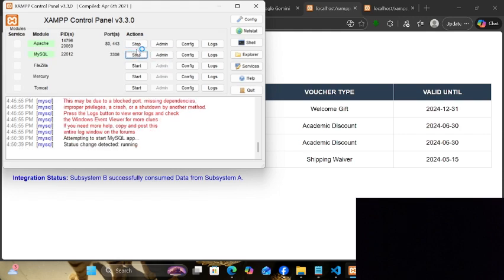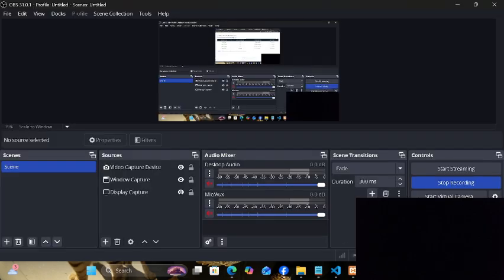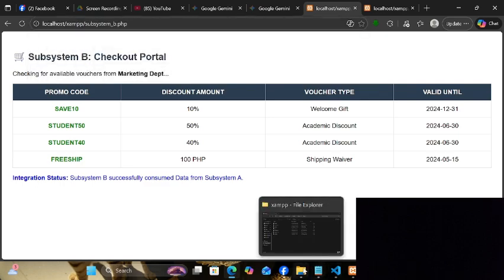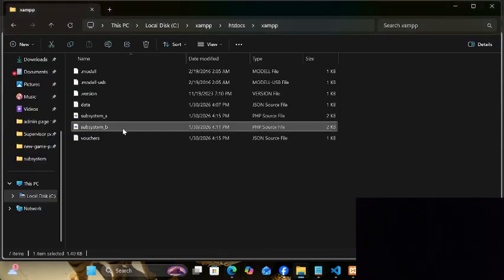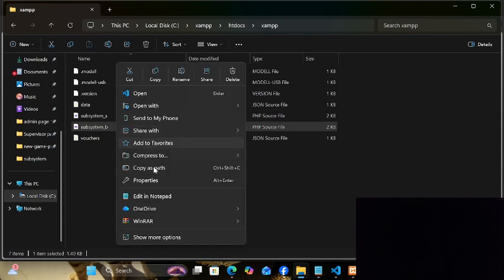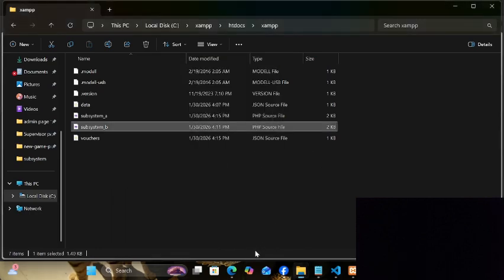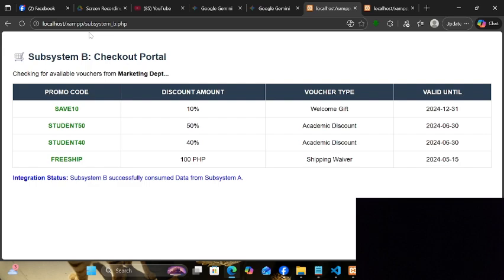Then atong tan-awon ang code snippet sa integration sa subsystem A, kaning sa may JSON data, then json_encode down to JSON data. So the integration happens here. Sa json_encode standardizes the data into JSON format, and file_put_contents saves it to the